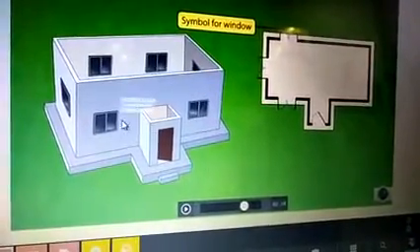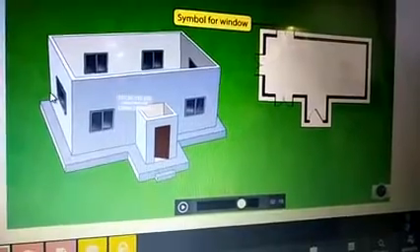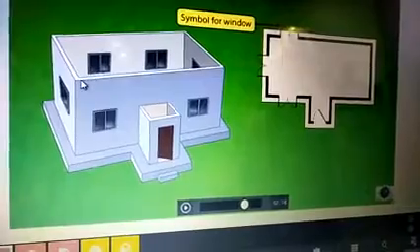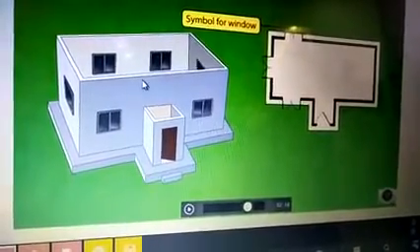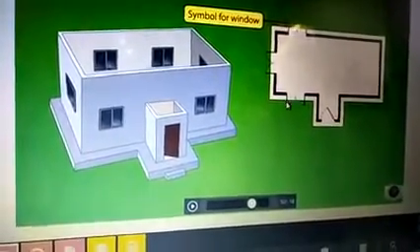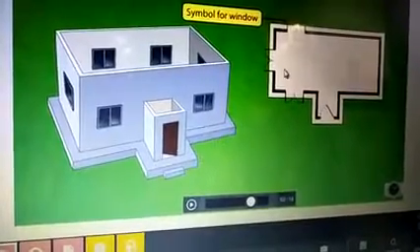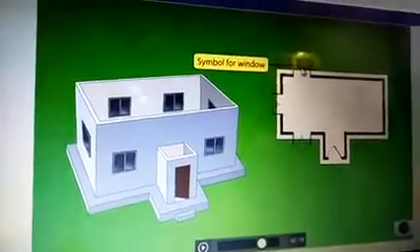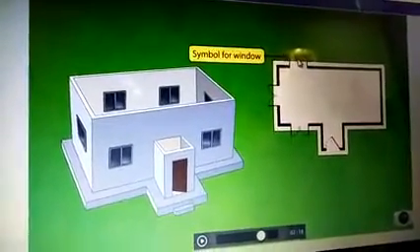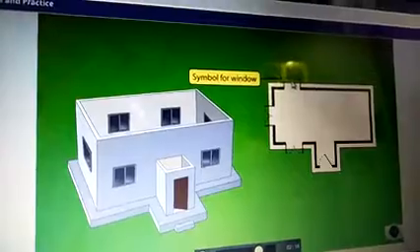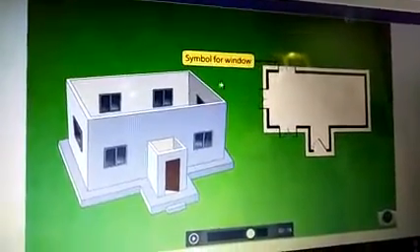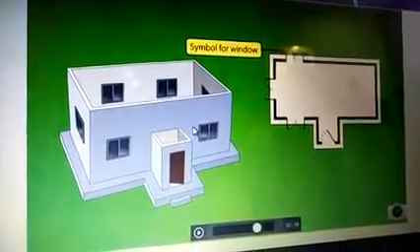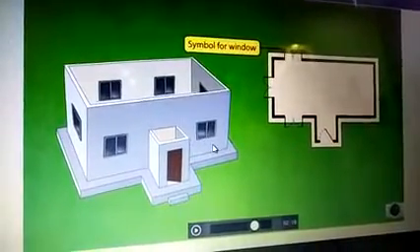So one is on the left side and another one is which? One on the back side and one on the side also. So that is how they represent it here. This is a left one, then a side one and a back side one. This is how they represent the window. Still we didn't complete. There are 3 more windows there. So that also we want to complete. So listen what happened.